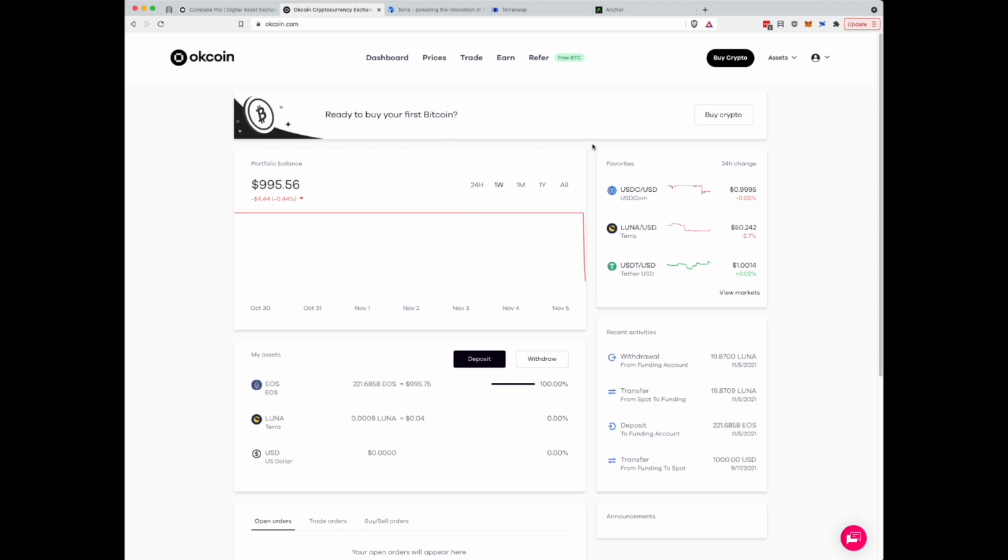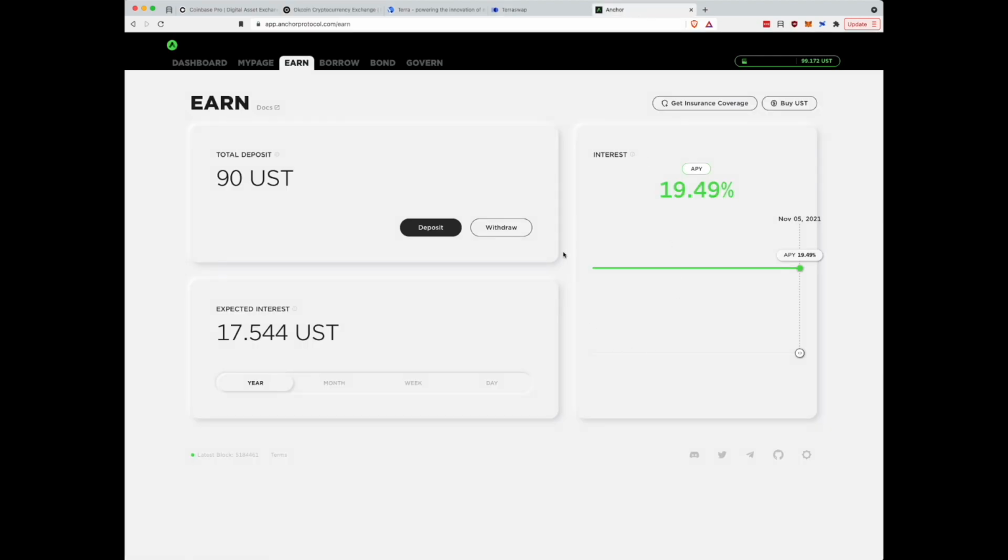And then I set a calendar notification, come back, trade it for Luna, withdraw the Luna over to ANKR through my Terra Station wallet, and then Terra Swap into ANKR, deposit it here, and then just leave it. And, I guess maybe pull it out for some large purchase in the future at some point, but for right now, just earning interest on it. Okay, so that's